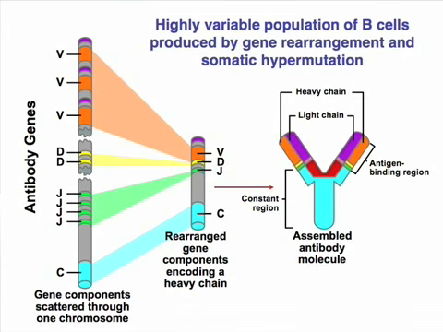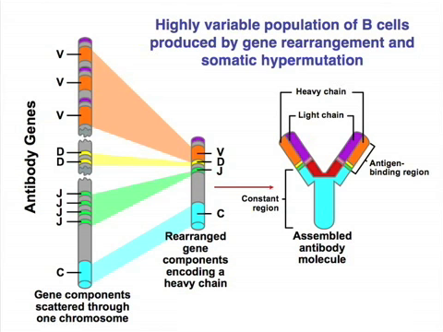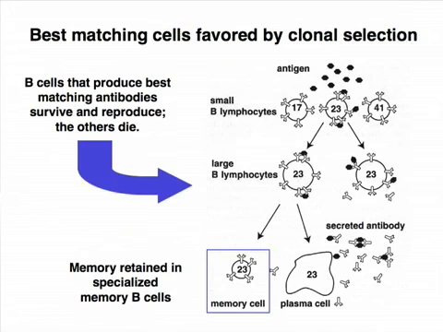But on top of that, they undergo additional mutations in these genes that add to that variability, so that they can have almost every possible combination of possibilities, and find a good match to a particular pathogen. Once we have produced a very highly variable population of B cells, represented here, where we are just showing 3 different types, but you can imagine there are thousands or hundreds of thousands of varieties, these B cells are producing their antibodies.